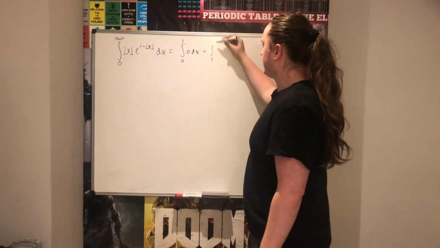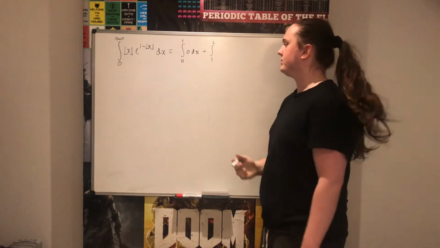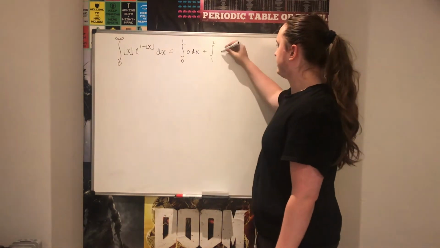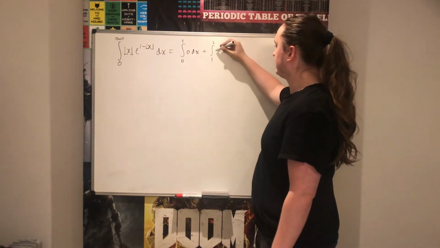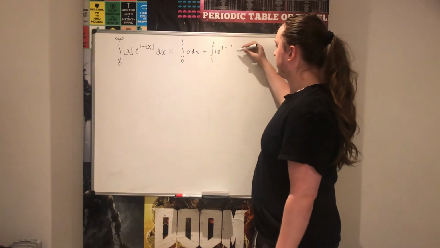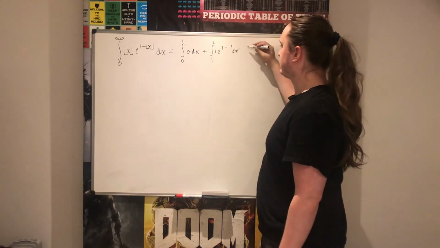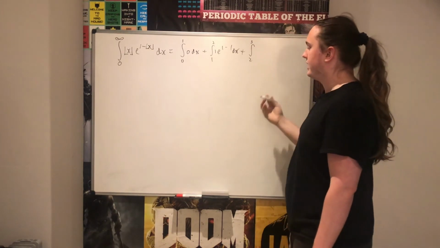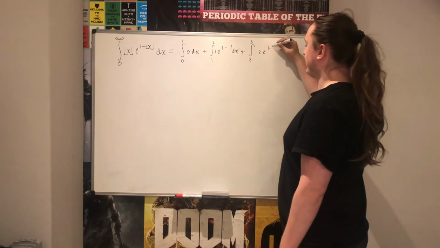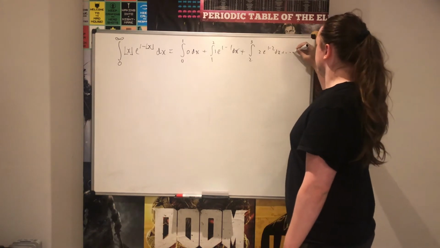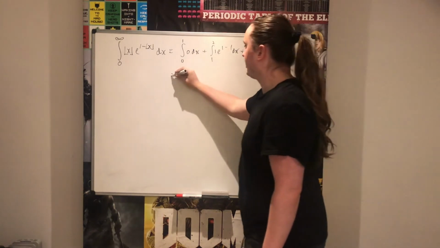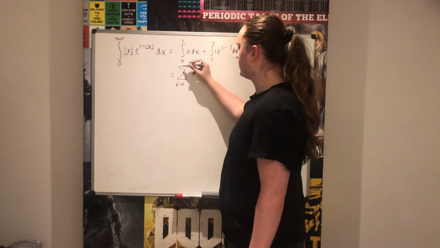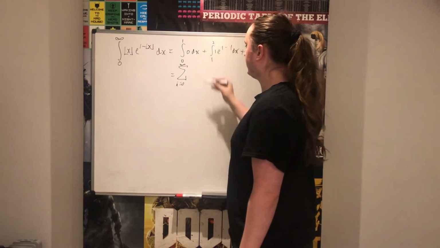Then we're going to integrate between 1 and 2. Now the floor of anything between 1 and 2 is 1, so this is just going to be 1e to the 1 minus 1 with respect to x. Next we're going to integrate between 2 and 3, and that will just be 2e to the 1 minus 2, and this continues. So we can write this out as the sum from i equals 0 to infinity of the